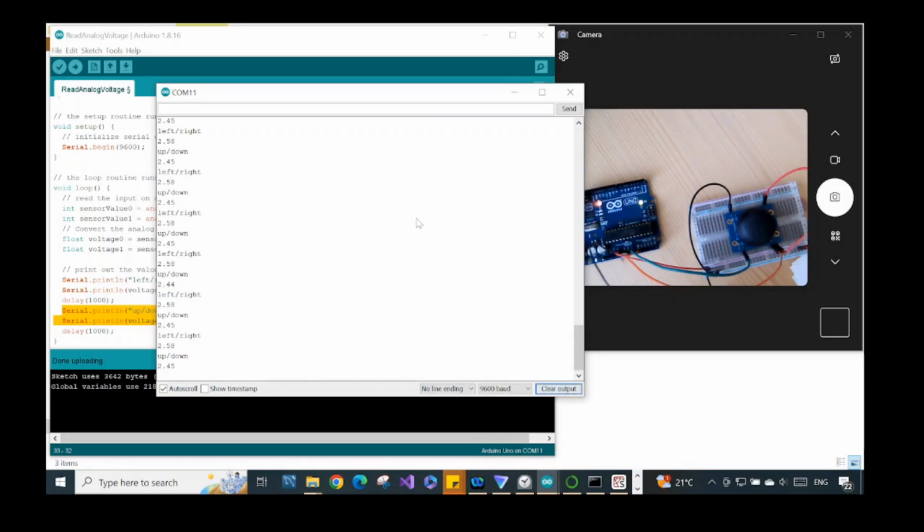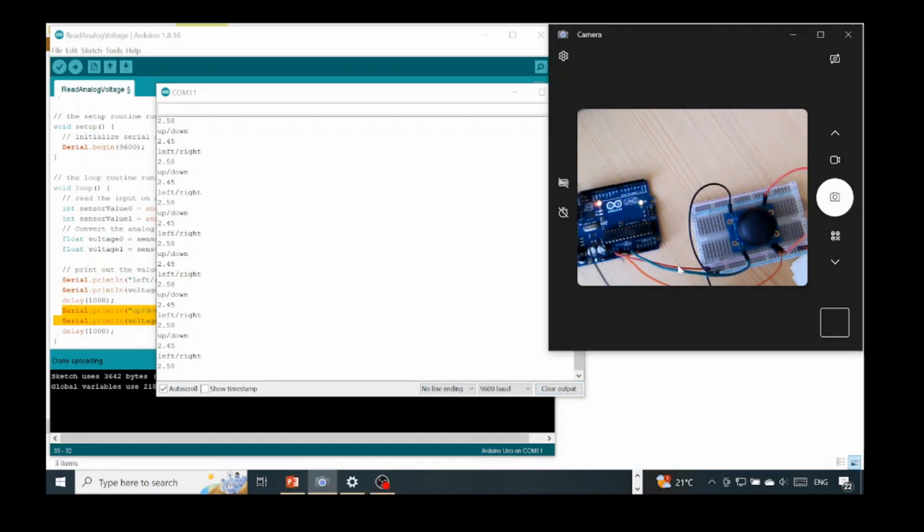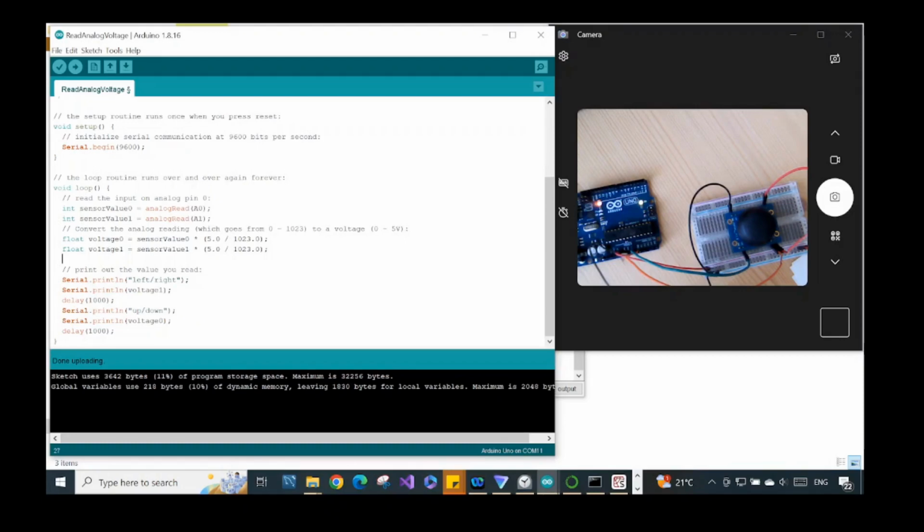That's the first example, but our focus is to use Python on our computer to communicate with the Arduino to get the values that we receive from the joystick. We use this one as a reference to check how accurate the code in our Python is. If it's not accurate, we start to modify it a little bit, or if the value printed out is not so good as we see in the monitor here,